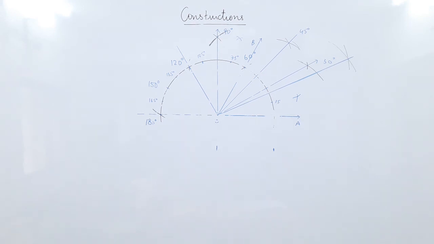Okay? So this is something you need to work upon. Two very important things: how to draw the perpendicular bisector of a line segment, and how to draw the angular bisector of an angle. This is for revision purposes. Do it well and keep on practicing till you get it nicely.